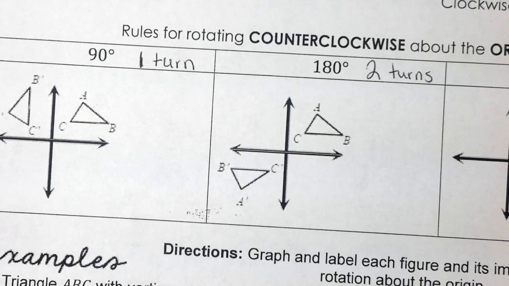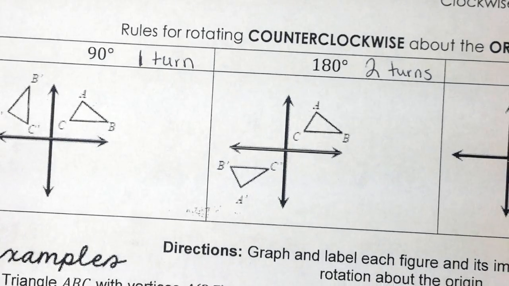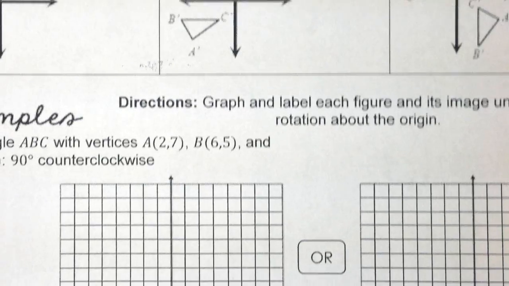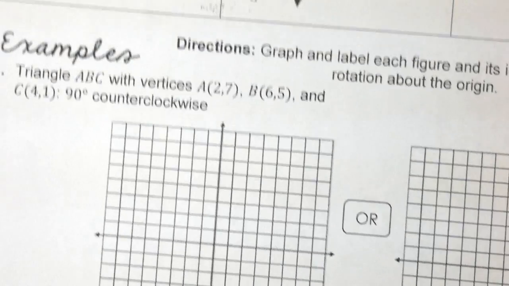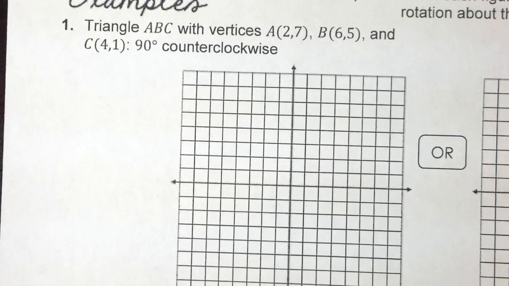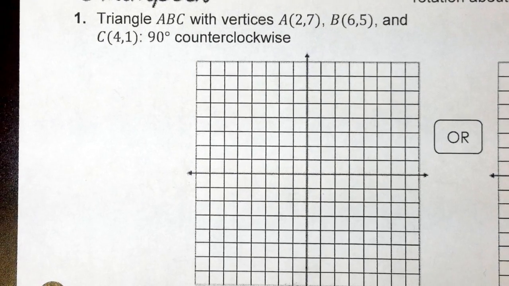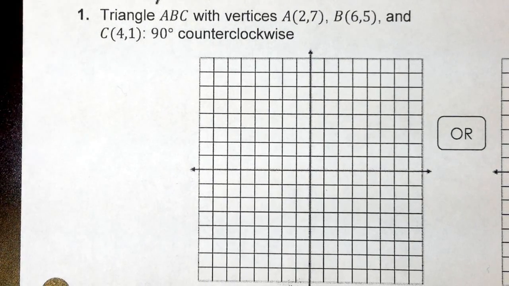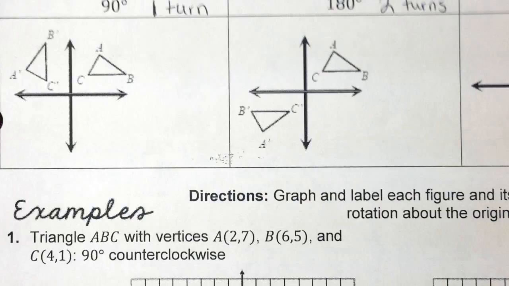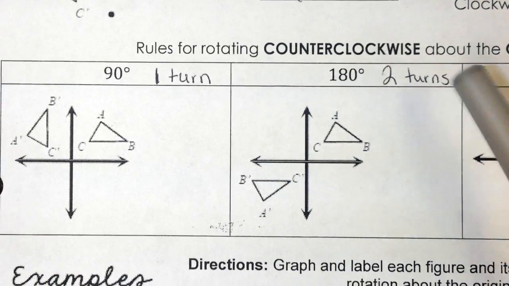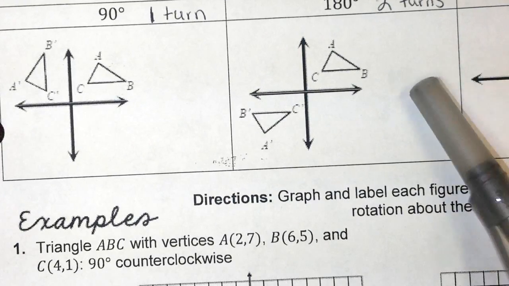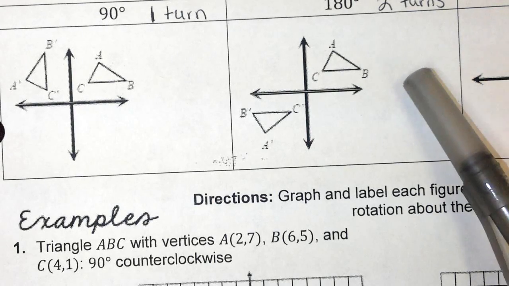Alright, so this is us actually doing it down here. Graph and label each figure and its image under the given rotation about the origin. We're not going to use both graphs. The second graph is for me to show you how to use the rule, but I'm not going to teach y'all the rules once again, and I told you why, because I just don't think you'll know. From my previous experience, y'all just won't remember them like that. And honestly, the rules that I'm going to give you for these three, when I do give them to you, after we actually do them by hand first,